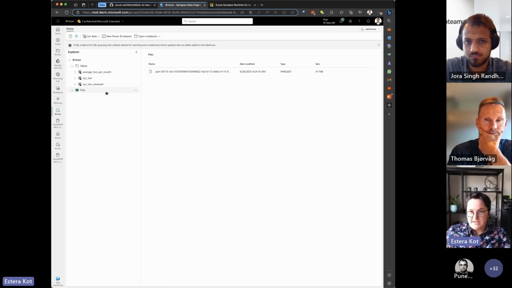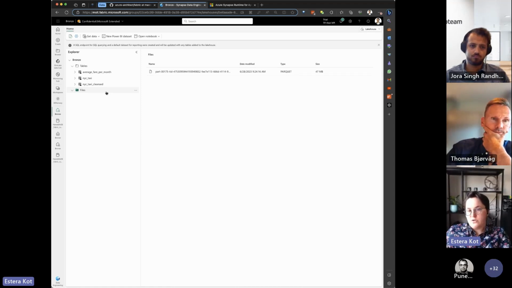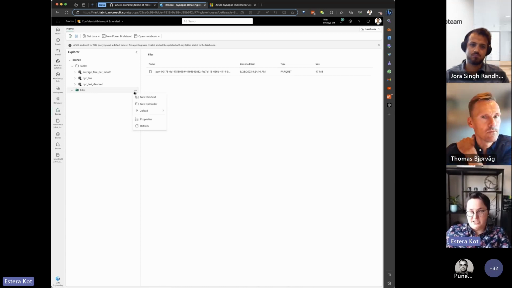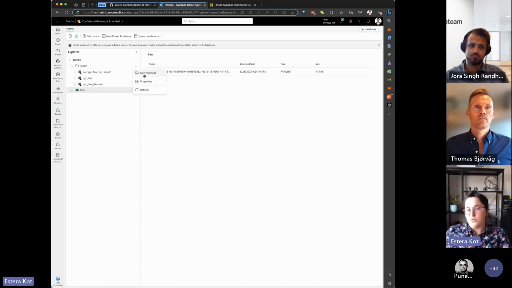Again, because the data set is prepared for you, the type of the data is CSV. So CSV is not the Delta table. That's why we will create a shortcut to the files. But if the data is as a Delta Lake, meaning, for example, most of the scenarios from Databricks are about saving the data in a format of Delta Lake, then you can create a shortcut to the tables.